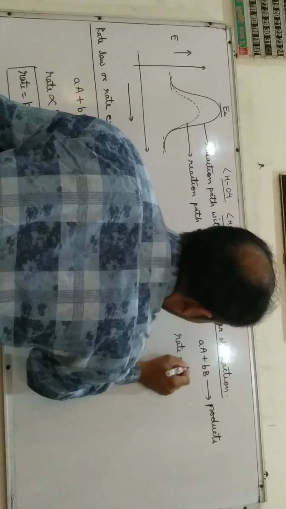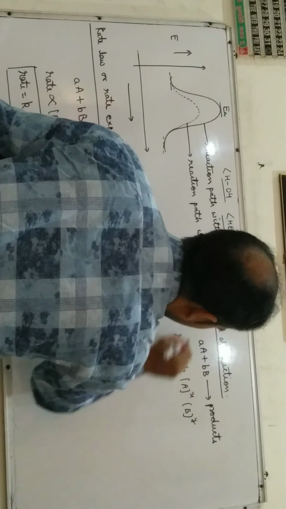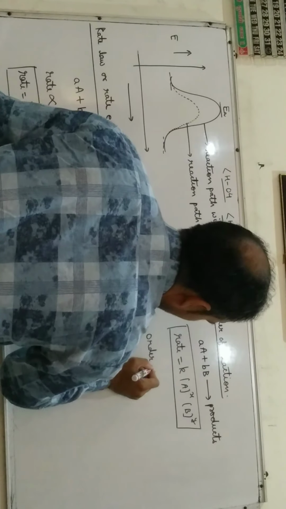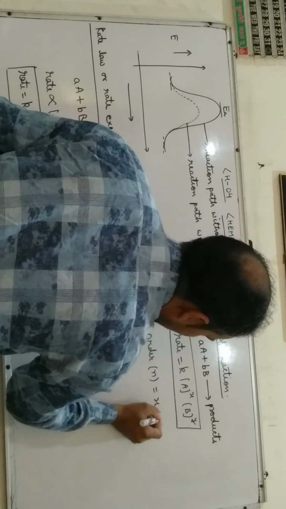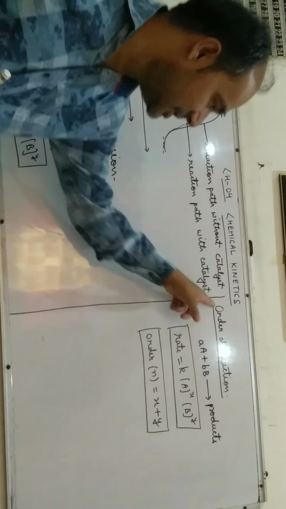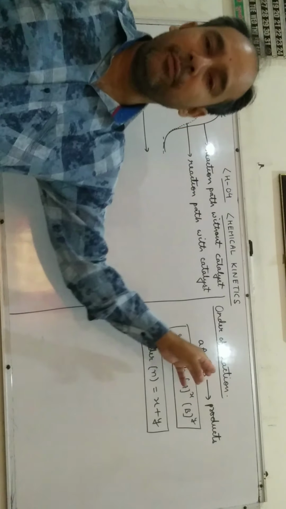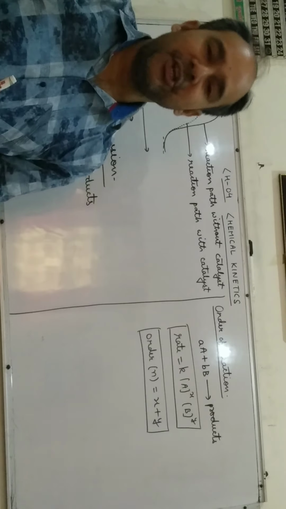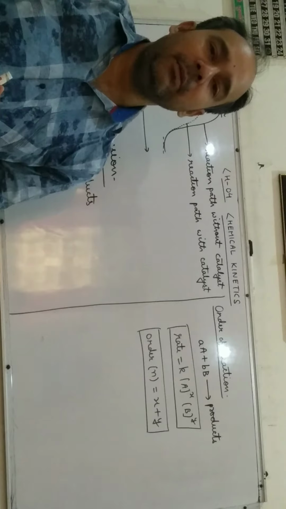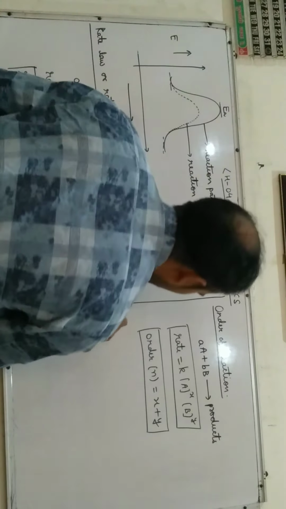First we write the rate law for this reaction. Suppose it is given in this manner, then the order of reaction, represented by small n, is equal to x plus y. That is, order of reaction is defined as the sum of the powers of concentration of reactants in the rate law expression. It should be noted that order of reaction may be 0, 1, 2, 3 or even a fraction.